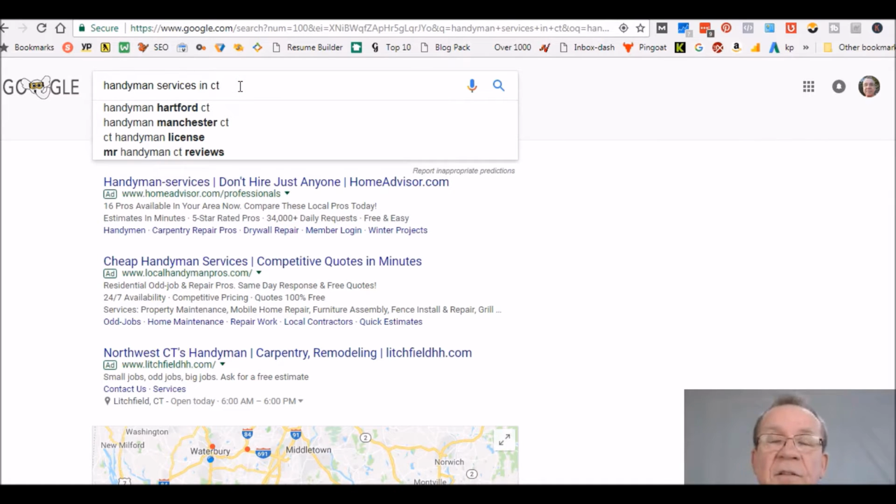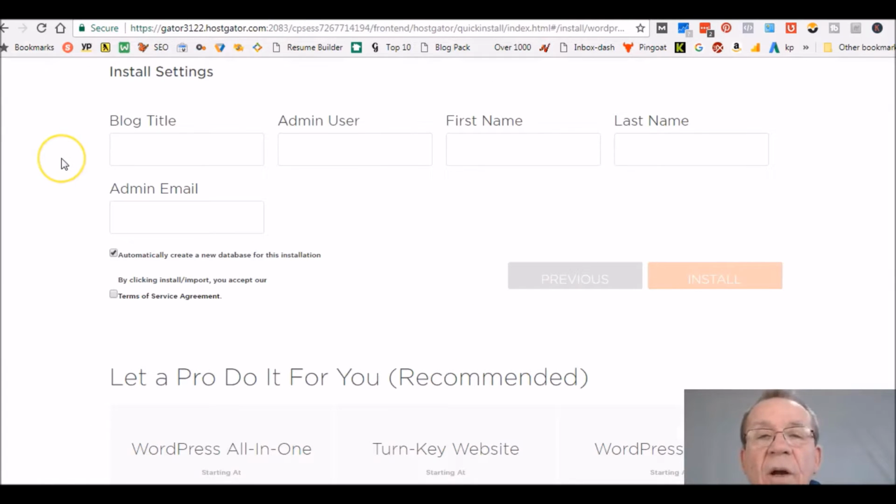Now these are keywords that you can use for local searches. But anyway, that's how you would search keywords. You get a list of different keywords, you put them in a spreadsheet. Back to what we were doing here. So I want to do a blog title. So I want handyman services. So what you want to do is, in the blog title, say you've got buy handyman services, you could put buy handyman